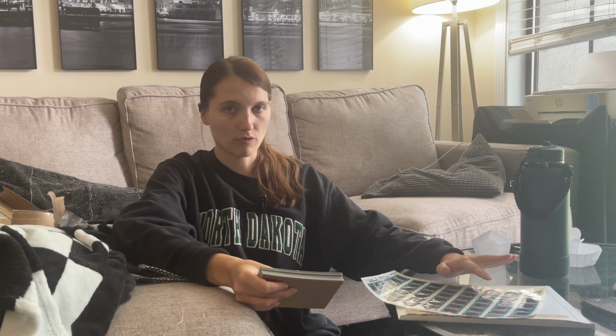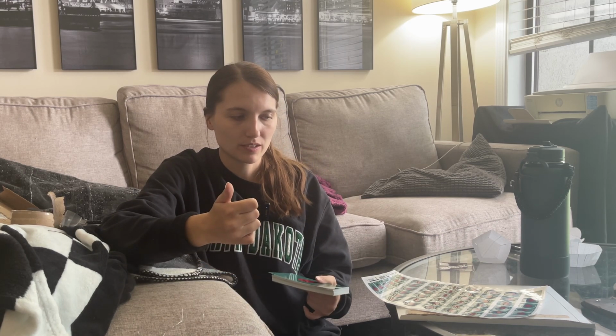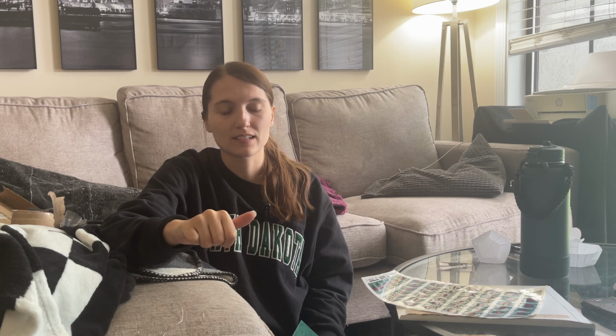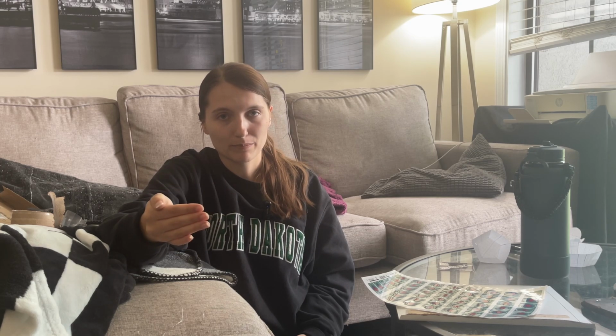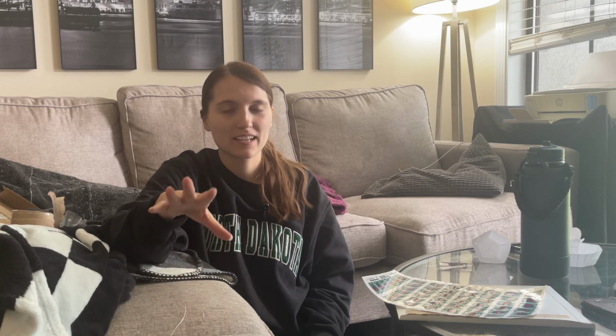So when I placed the order, I picked the lowest quantity, which will be the lowest overall cost that I could get. And I did that for a couple reasons. One, right now I don't have very many products, so even the lowest quantity is going to be more than enough. And that way it keeps my spending down, so I'm not spending a bunch of money before I start making money. And two, the downside of picking the lowest quantity batches is that I definitely paid the highest per item price, but I thought it was an okay sacrifice